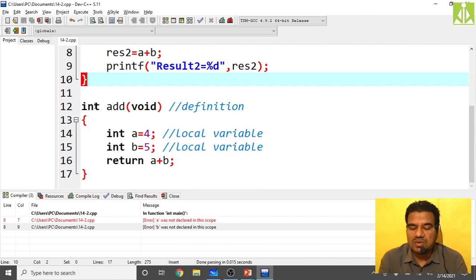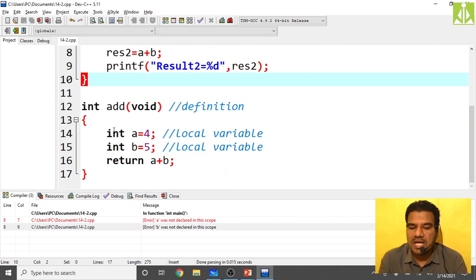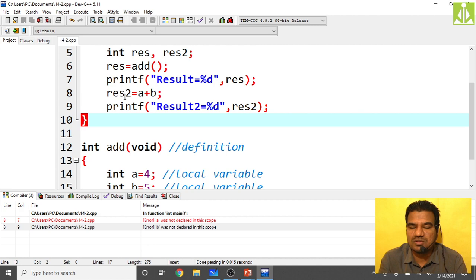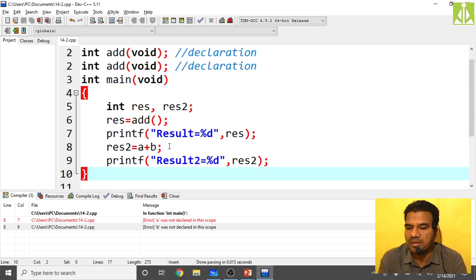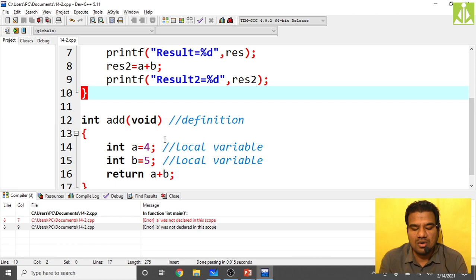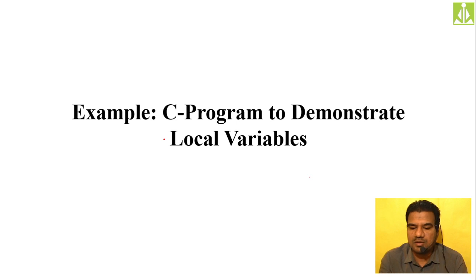So that's the difference we see when it comes to local variables. As they are defined within this block, they are accessible only in this block, and outside the block when you try to access them, you will get an error. And what sort of error you get, I have also shown by executing, by doing that malpractice. Hopefully you understood.